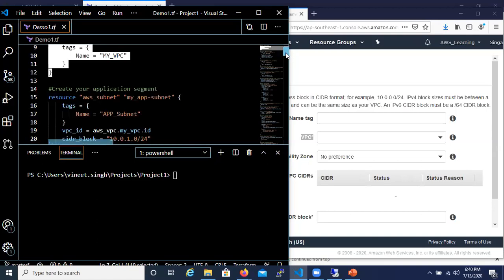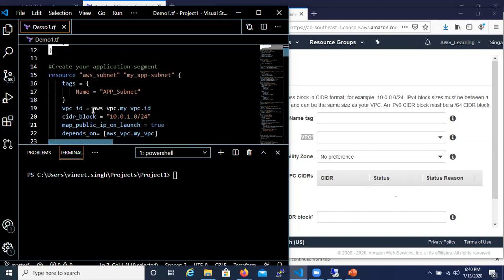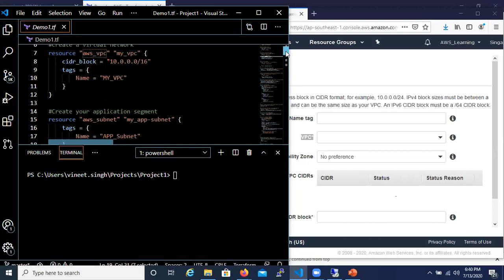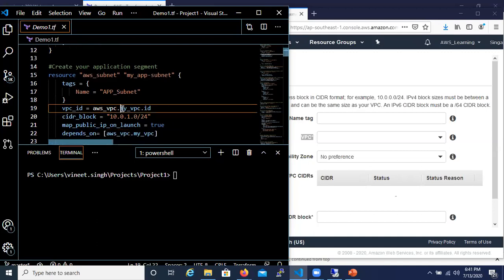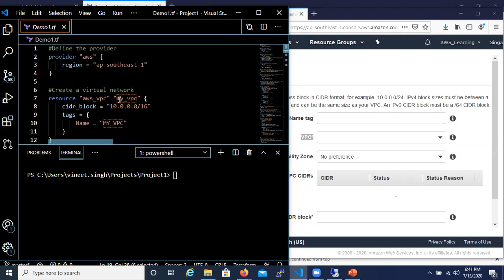So for that, I'm going to call the value of that specific part. So for example, vpc_id, this is aws_vpc. If you see here, this is the same exact resource type. So aws_vpc, then dot my_vpc. This my_vpc is the name that I have given for Terraform to remember that specific component.